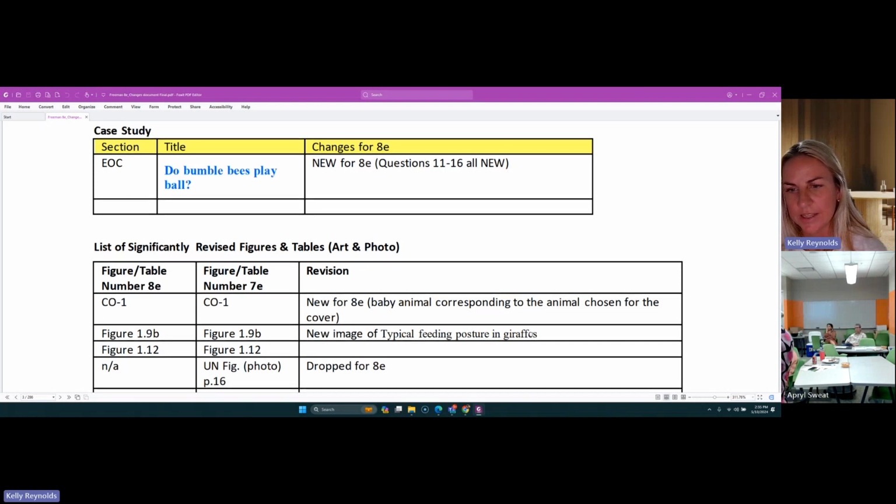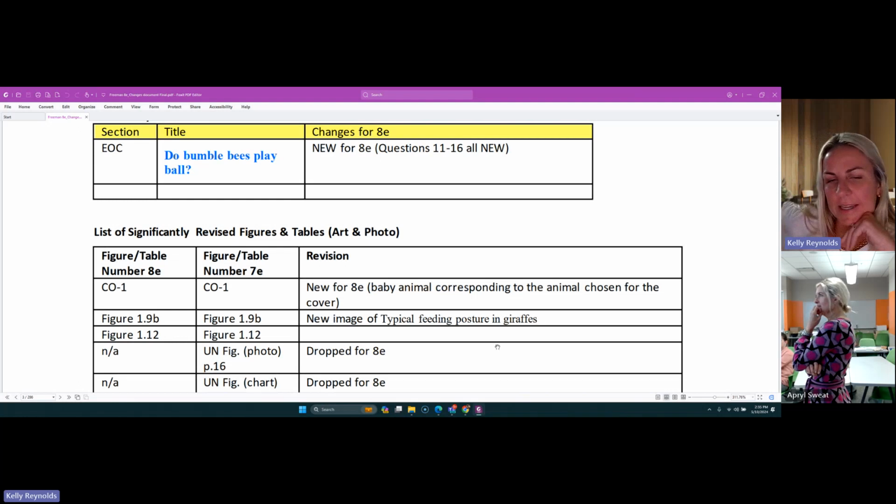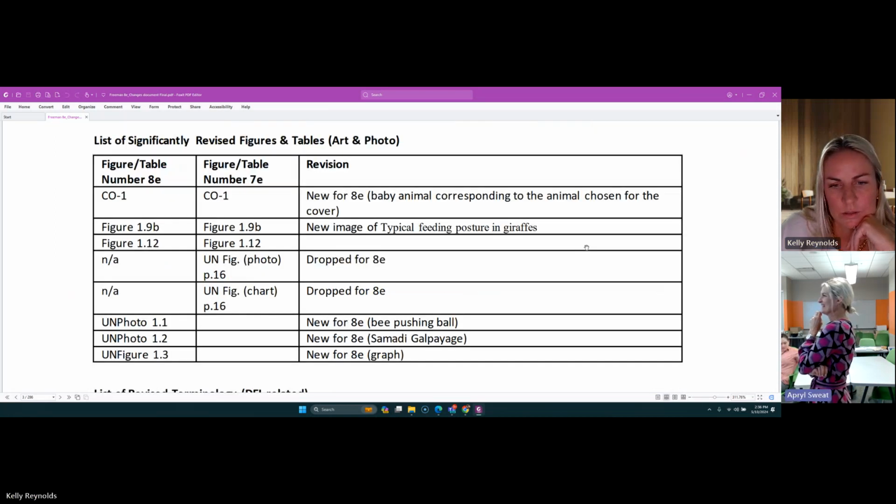Yeah. This is a good example here. There's a new image here in 1.9. Let me ask Rebecca if we could get a count, if that would be helpful. Because this goes detail by detail, but maybe we could say how many figures were completely new and not in the 7th edition, and how many figures were updated. Does that make sense? Would a summary document be helpful? Yeah, it was more just that kind of answer, like, if I'm showing this picture, how much are the students going to say, whoa, that's not my textbook? So yeah, I guess this outline.